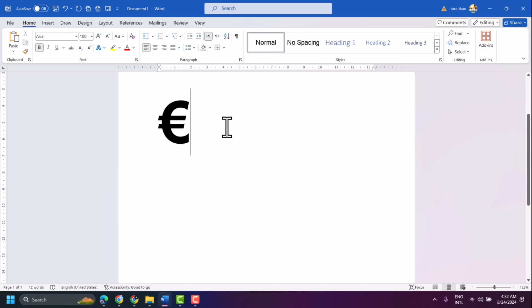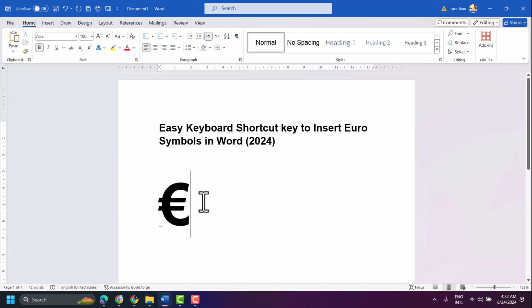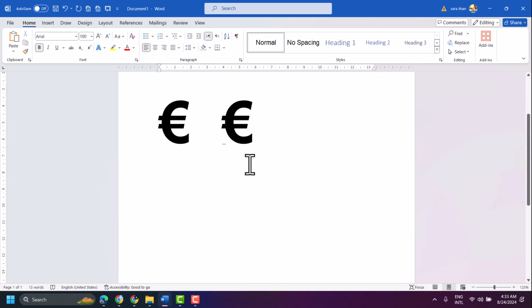The first way is a very easy and simple way to insert this. Simply Shift plus 9, E, Shift plus 0. That's it. This is a very easy way to insert this. And this way is easy, this way is also easy. Simply Alt plus,